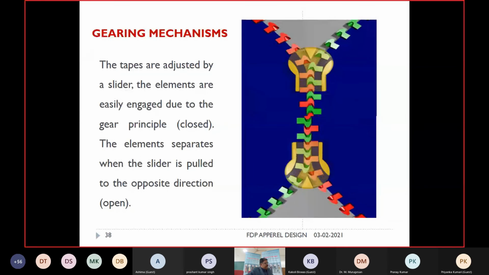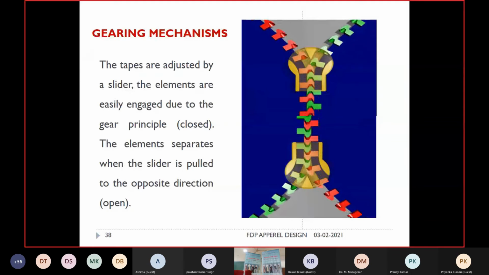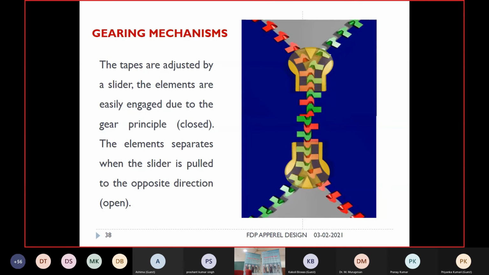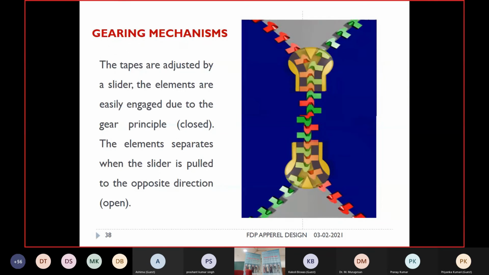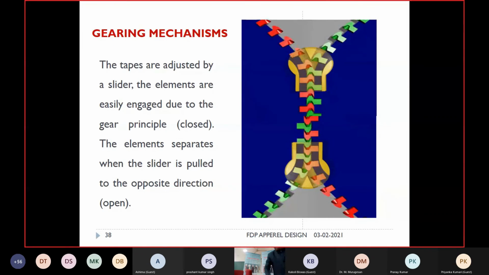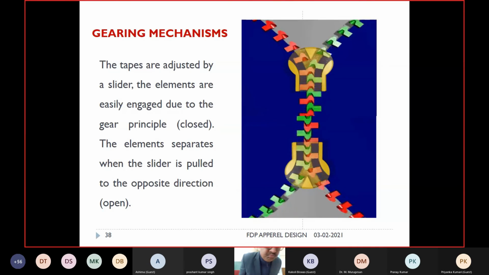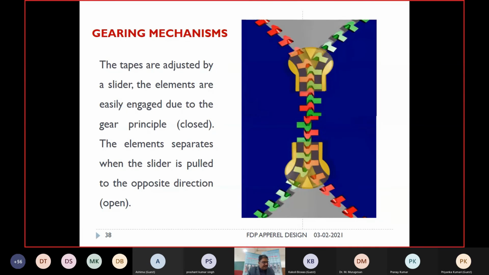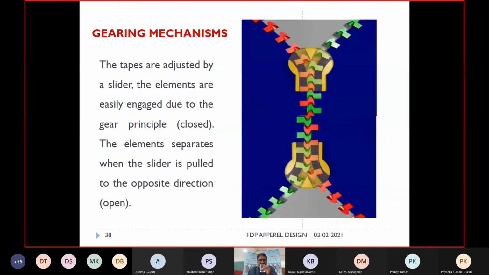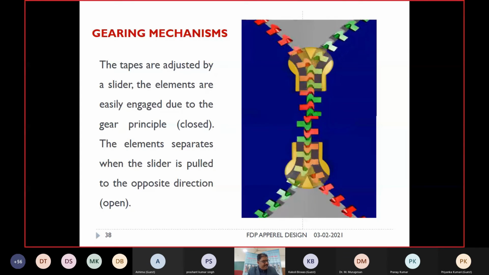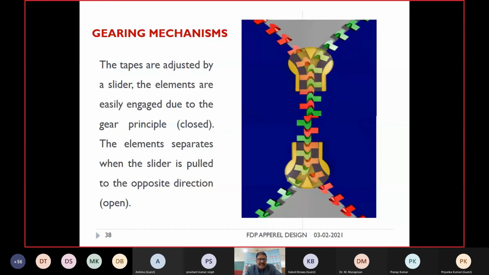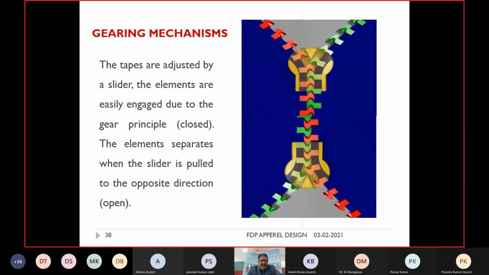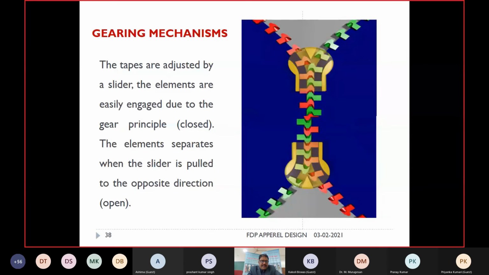So anyway, is the working principle of the zipper clear? Yes, sir.